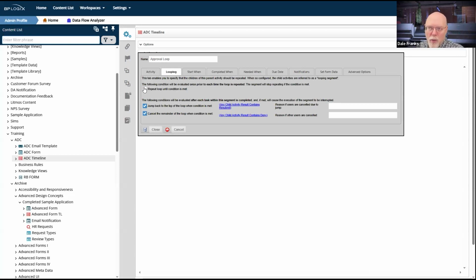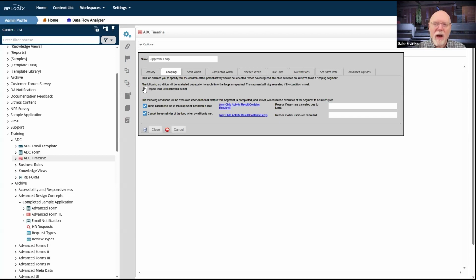One of three things, and it could be only one of two things, is going to happen in an approval process. The thing that may or may not happen, depending on how I want to structure my process, is I want to return this to the submitter for resubmission. In that case, I need to restart my loop. Not every approval loop will have that. Not every approval loop needs to restart. The remaining two things are going to be part of every approval loop. It's either going to be approved or it's going to be denied.